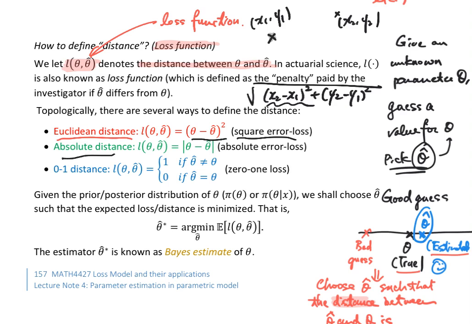Okay, so which is another intuitive formula that we can use. Here we will define this absolute distance by the absolute value of theta minus theta hat. Just the distance between these two numbers. We directly measure this. So this one is what we call the absolute error loss. And then the third type of distance is